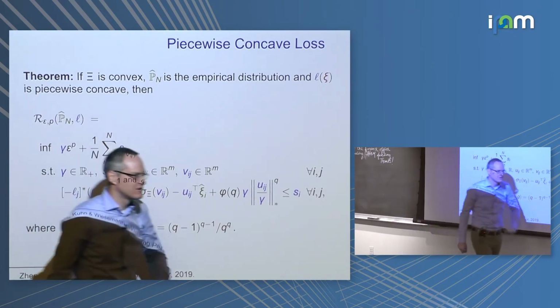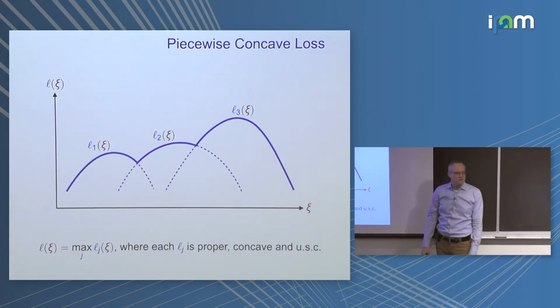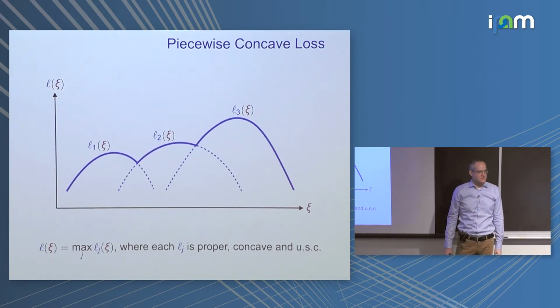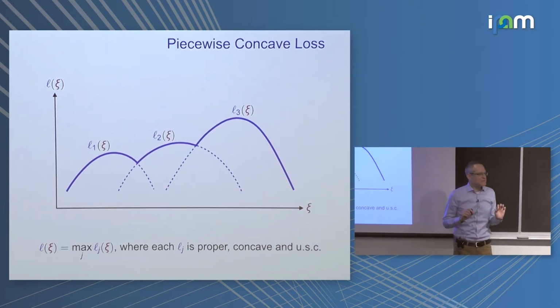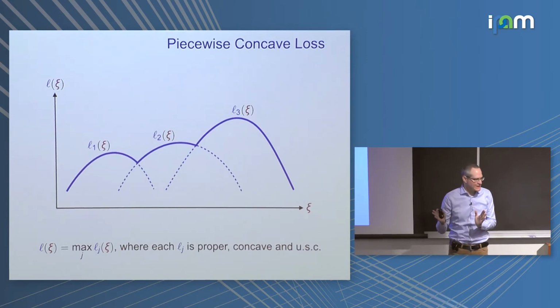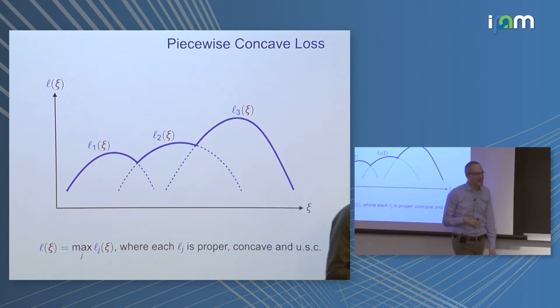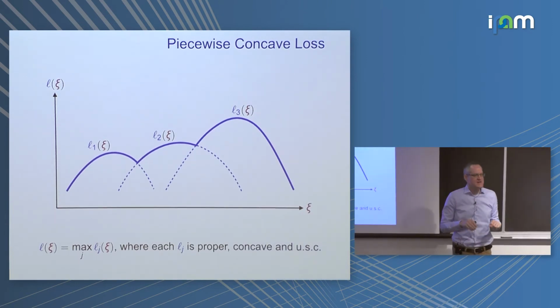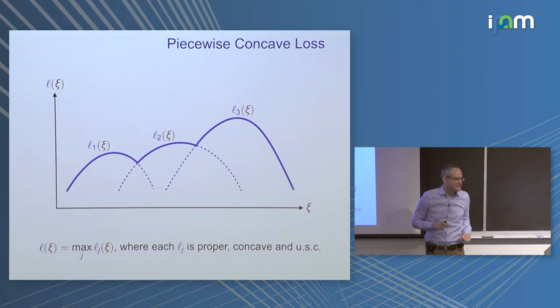There's a question. I'm confused about this concave convex because I would expect the loss function to be convex, not concave. So the loss function, we want it to be convex, ideally, in the decision variables. Now I've suppressed the decision variables. So if you think this depending on some x as well, then we would like it to be a saddle function that is convex in x. But typically, we would like it to be concave in the uncertainty.